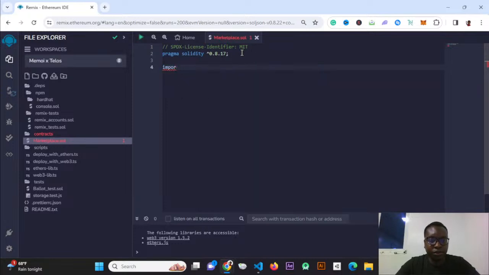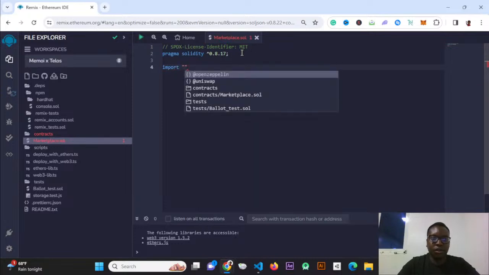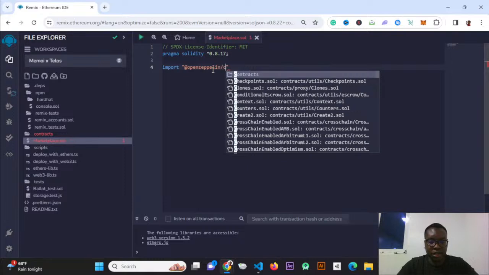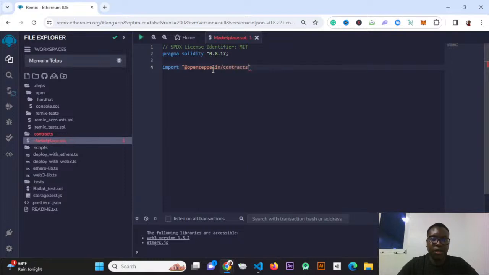The good thing is at least it's able to pick up the specific path that I'm going to be using. So you see it's Open Zeppelin, then I'll just do contracts as well. Then for the marketplace.sol, there are 3 contracts I'm going to be using: the counters, the ERC 721 contract, then the re-entrancy guard contract, and I'm going to